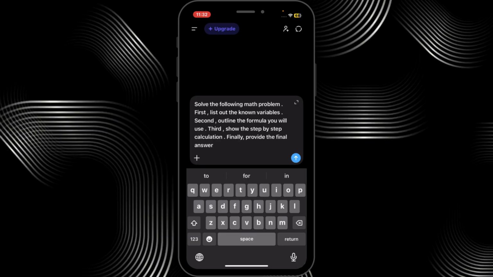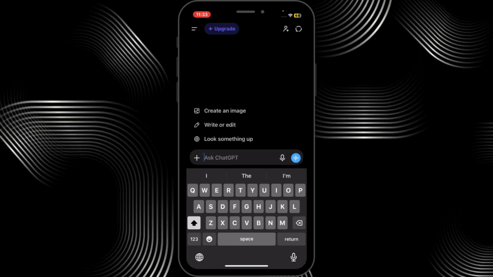Step number 3, assign an expert role. Aligning the intent of your prompt with a specific persona changes how the model evaluates and changes its thought. For example, act as a senior financial expert,